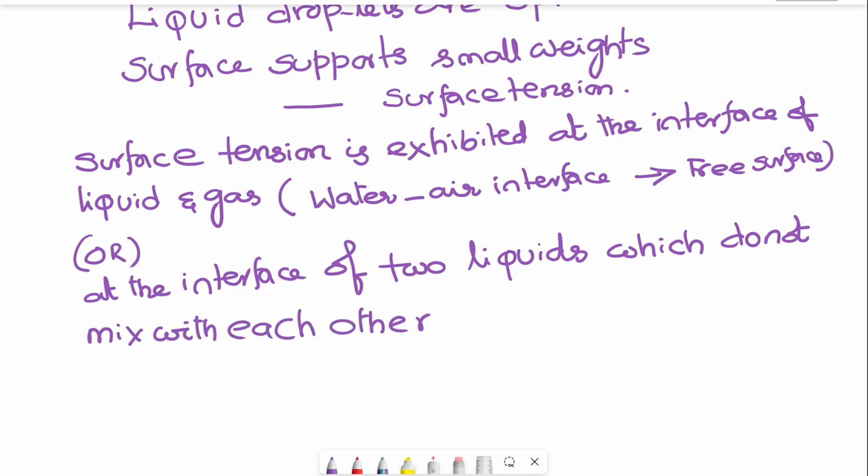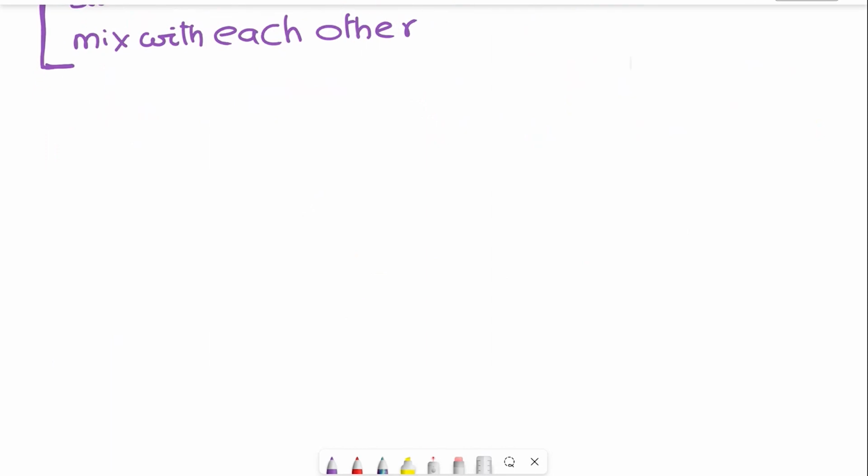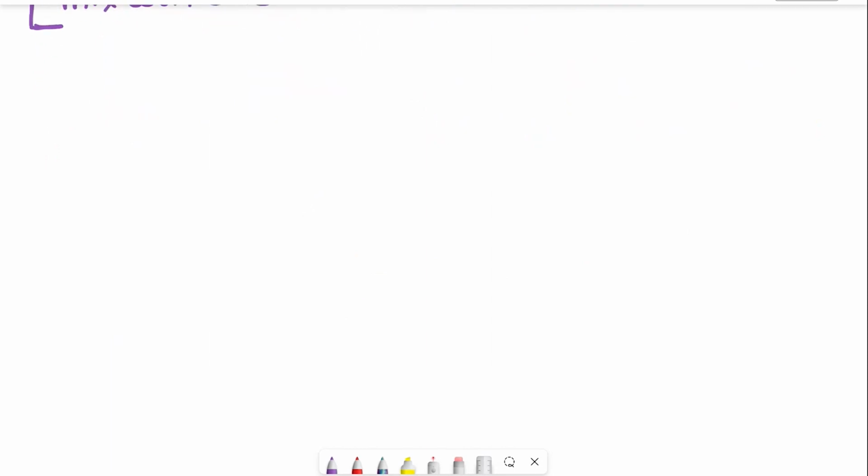So at those places, this property is exhibited, right? In order to understand this property a little better,